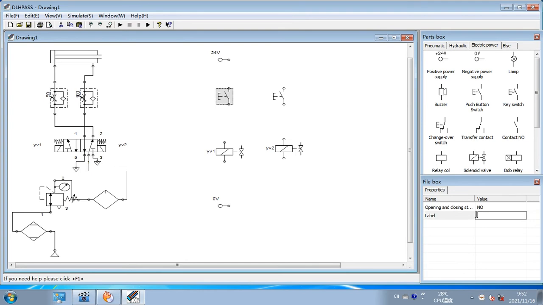Then you connect. We haven't labeled these buttons. SP1, SP2,